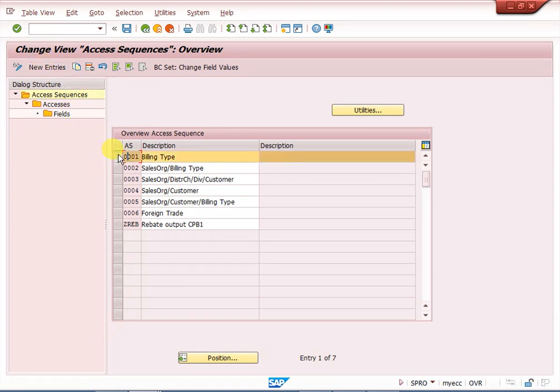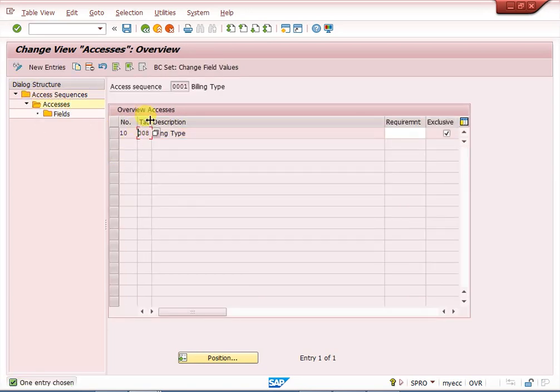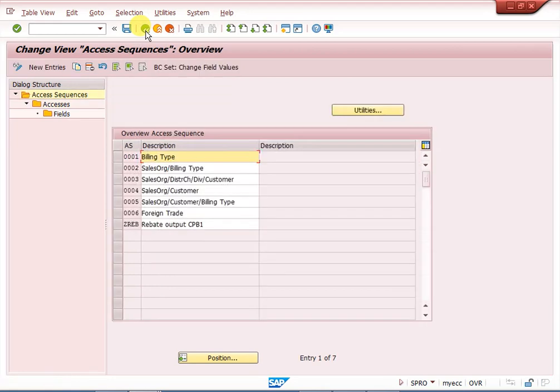Once you have created it, you can click here, go to access sequence. You can specify whatever condition tables are there. I have maintained only this condition table, because only it comes at 20. Some other condition tables you can maintain. All will come when we are creating condition records, all key combinations it will show you. We have maintained only one condition table because it is coming here.